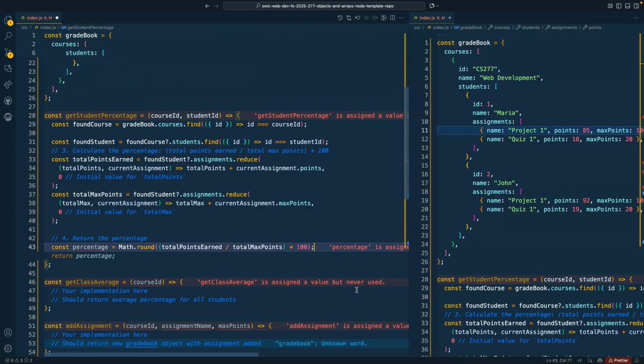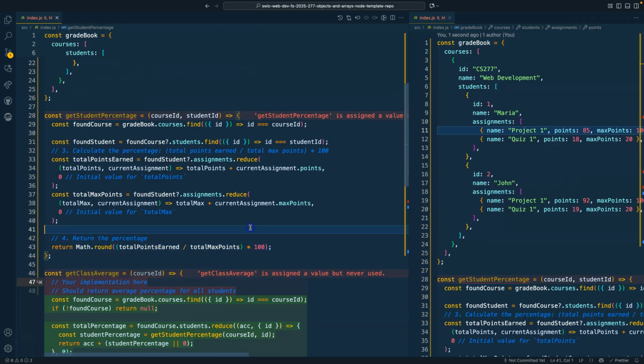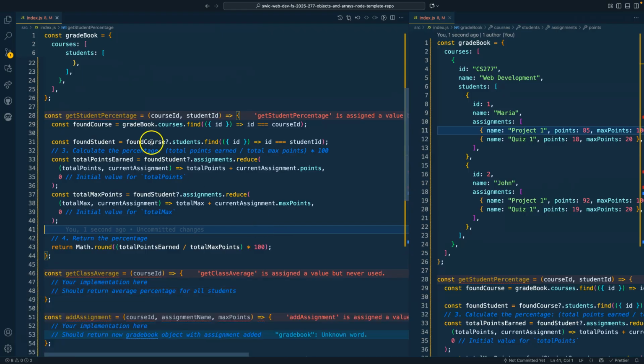Oh, I think I had extra parentheses, right? And then you know what? You don't have to. Since we know we're returning at this point, we'll just hit the return. So there we go. Now we've had all of the steps done in here, and this would be a great